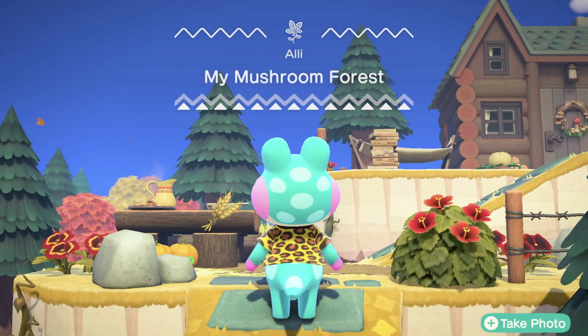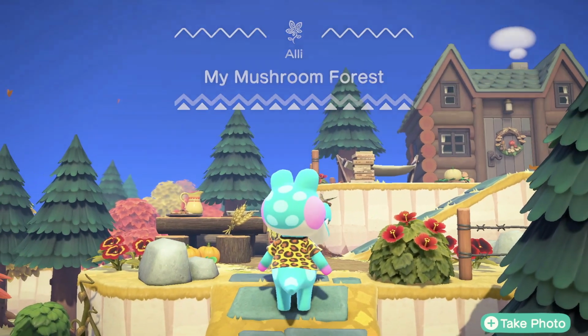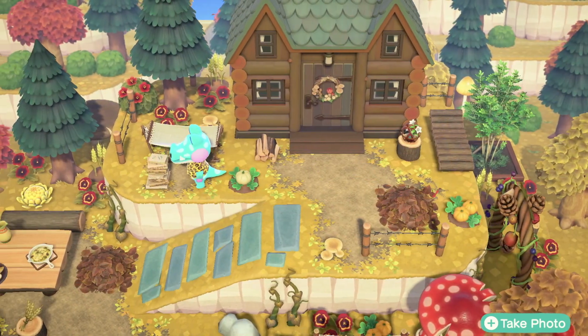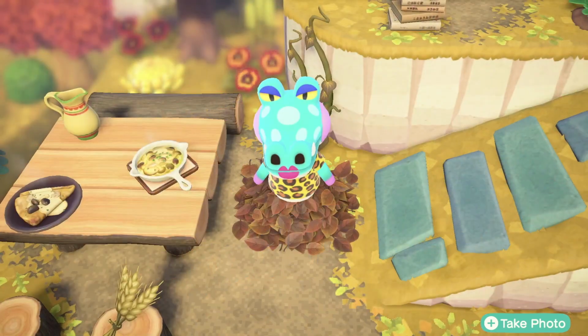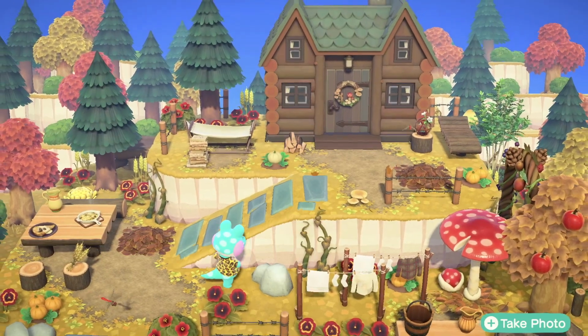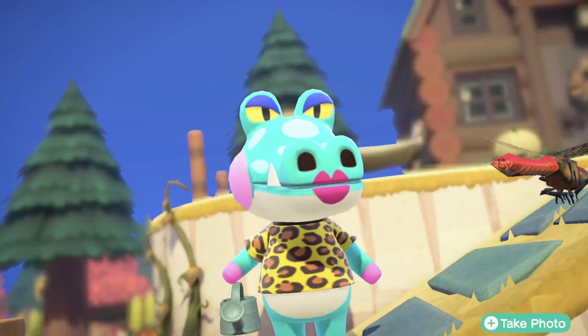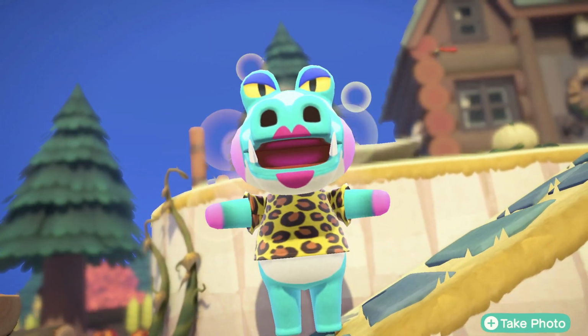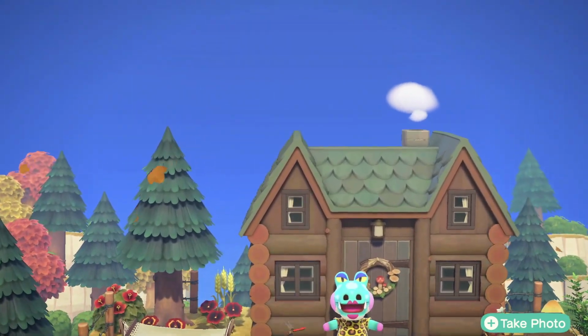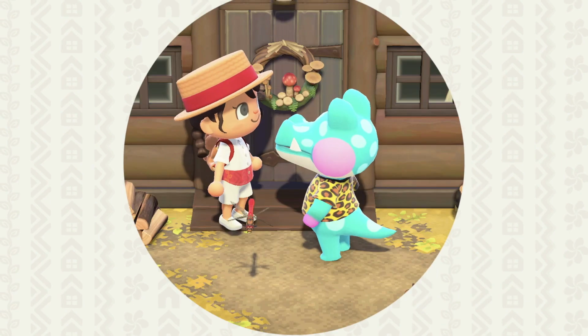And we are finished with Alli's Mushroom Forest vacation home. I absolutely love the 2-level cliff space that she has, and on the corner I made her a little afternoon picnic set where she has mushroom dishes. There's a cute little laundry area down on the first level, and then on the second level where her home is, she has 2 lounging areas, and she is surrounded by gorgeous flowers, the seasonal fruits and seasonal crops,